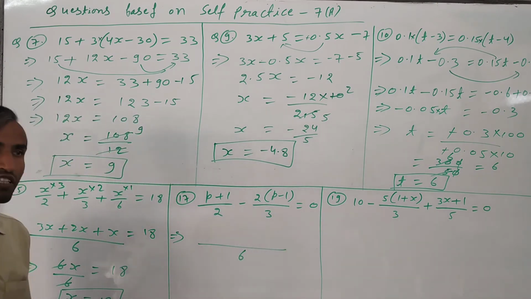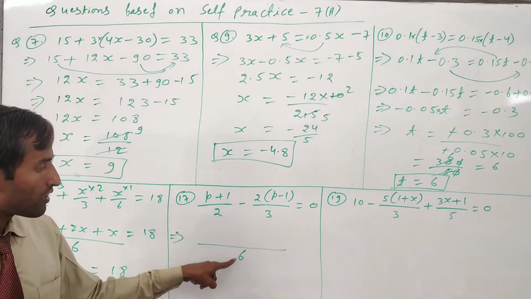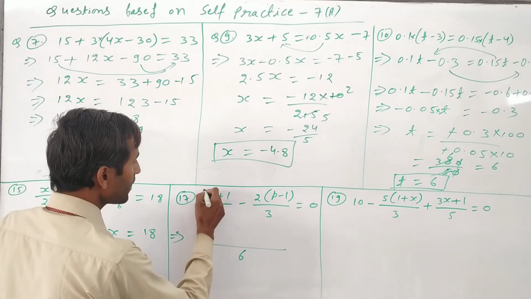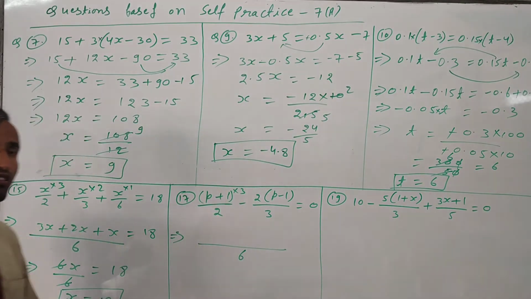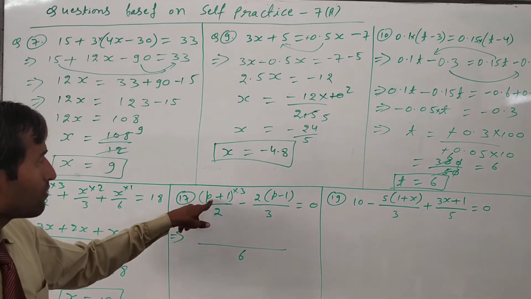Okay. So LCM will be 6. Then again we have to make the denominator same. So here 2 times 6, 6 will come 3 times. So multiply both terms by 3. Just put a bracket here, because we will get confused. So just multiply this 3 in both the terms.